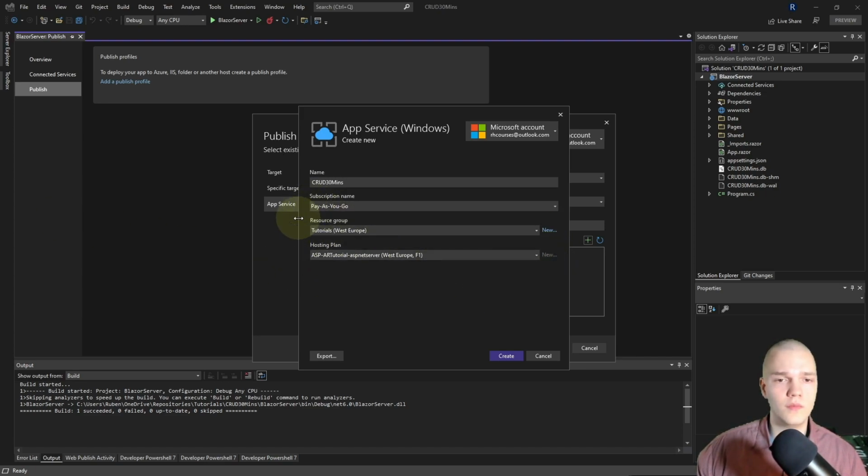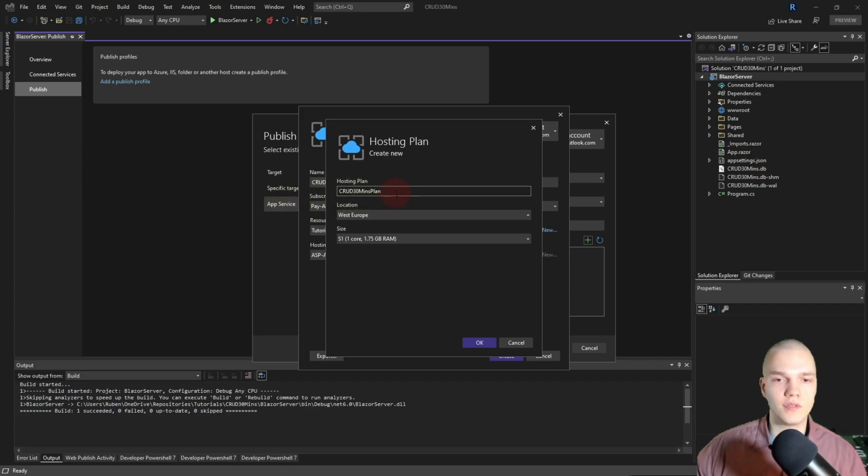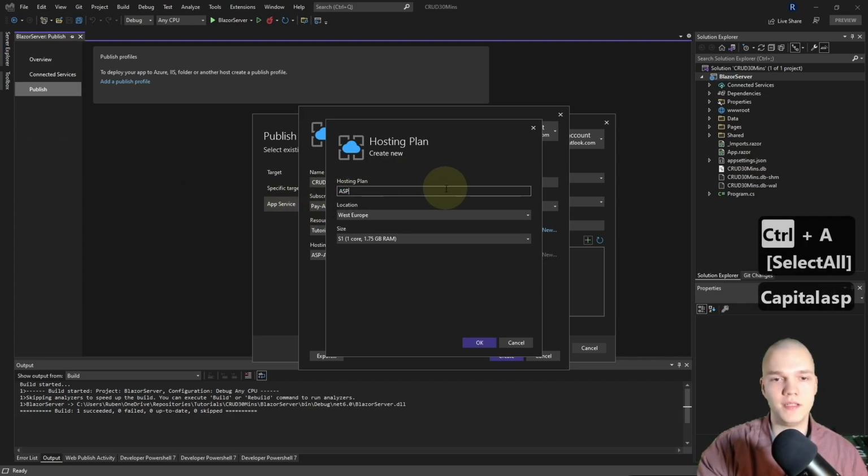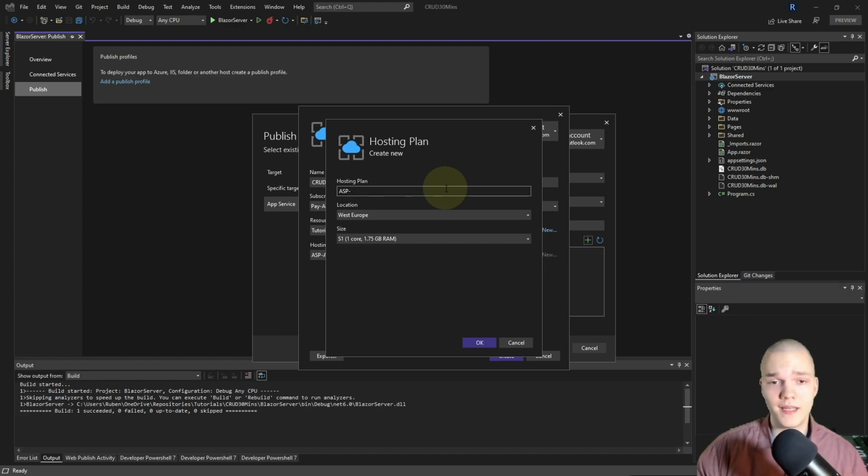So I'll hit new, and for the name I'll just type ASP- for like the app service plan, but here it's called hosting plan, but in the portal you'll see app service plan. And then I'll paste the app service name, and I'm gonna keep West Europe for the location and change the size to 3.